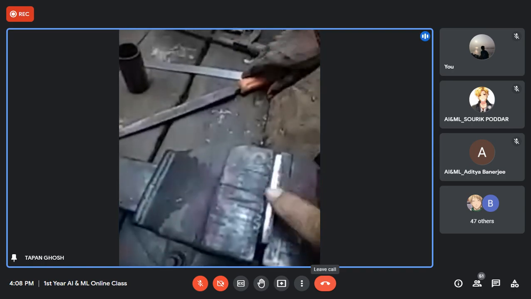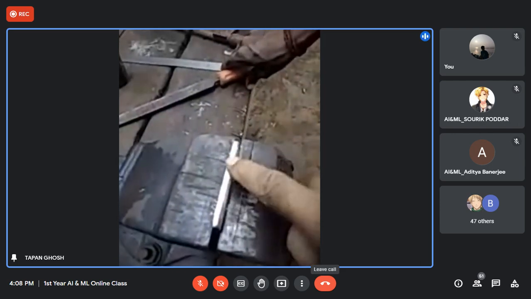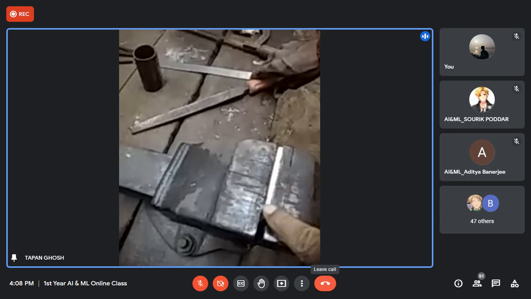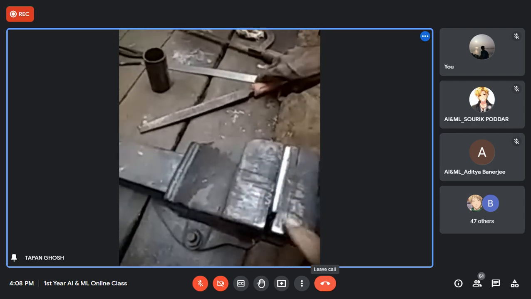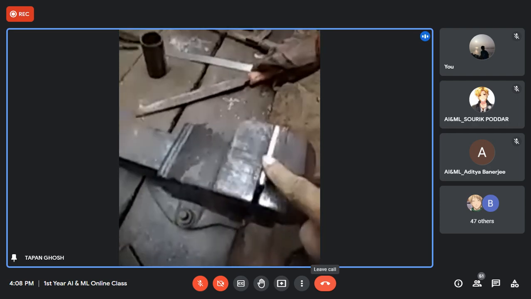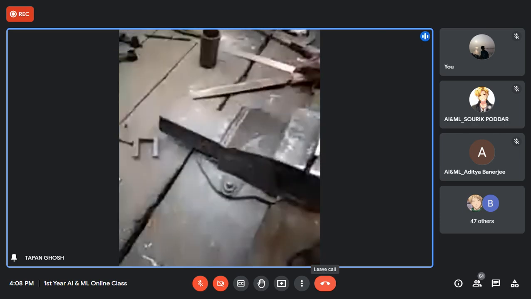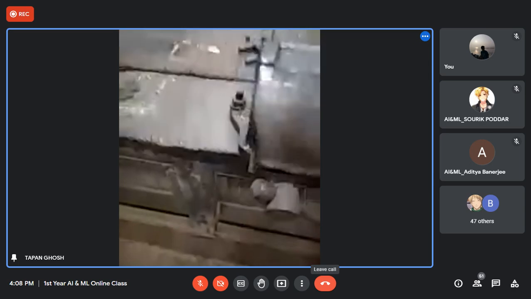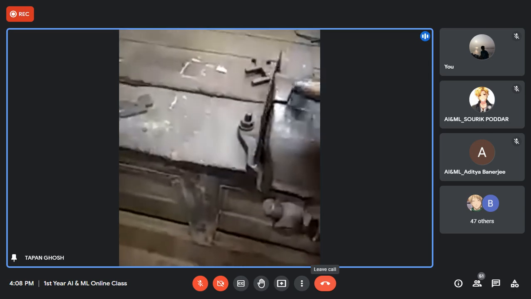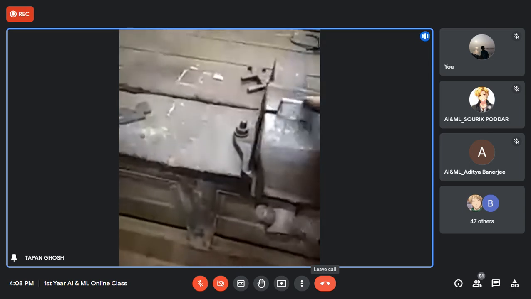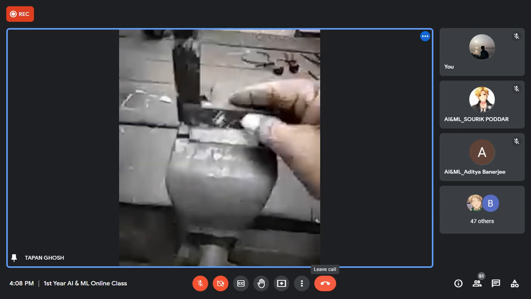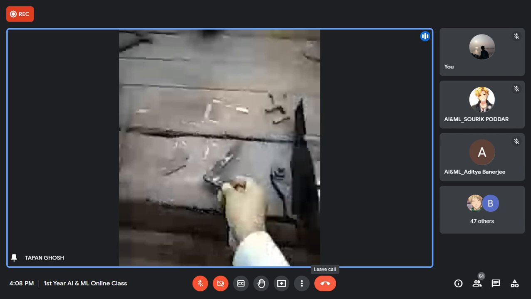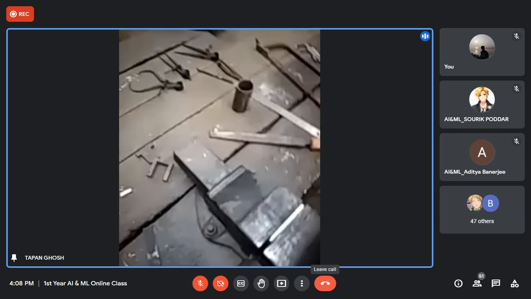After filing, you see that a glaze appears here, which means some material has been removed from this side. And as per your drawing, you have to check it this way frequently, so your edge should be clean. This way you check and then change to the other side. Same way, change to the other side.